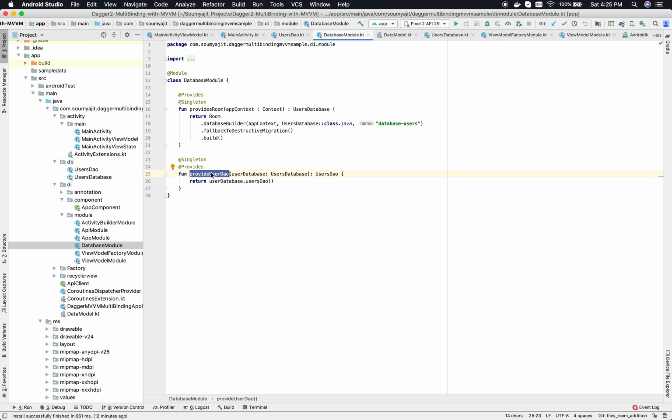Basically, let's suppose we are calling this provide method. So this provideUserDao method is giving us UsersDao, right?